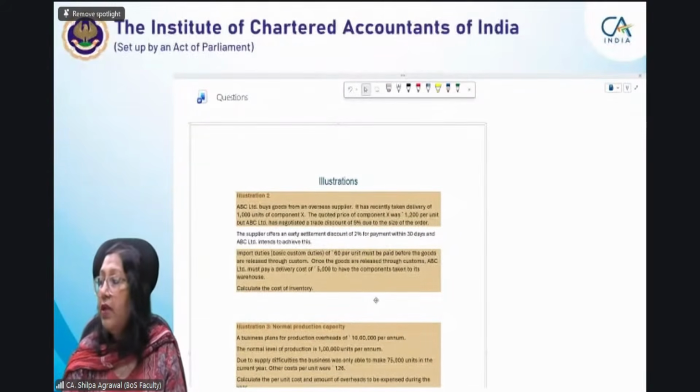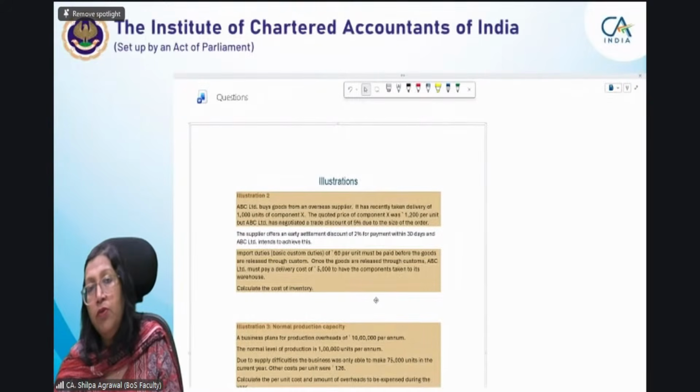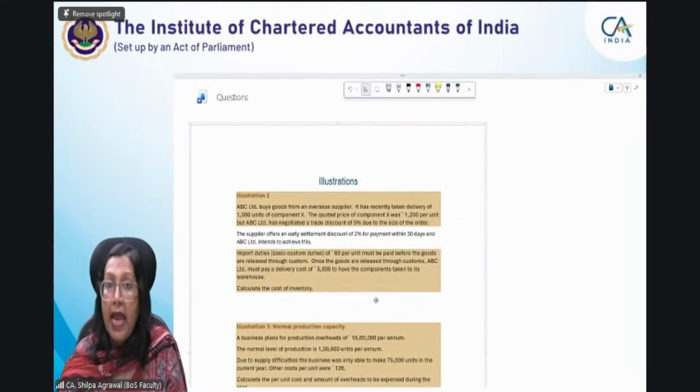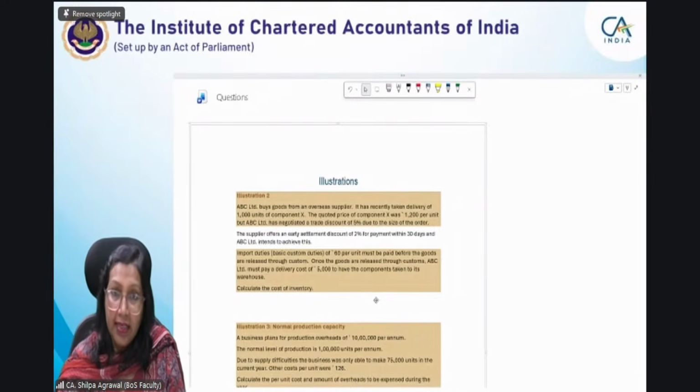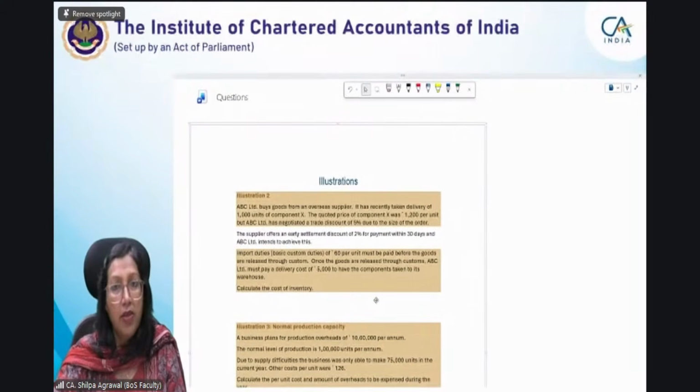Cash discount given after payment will be treated as income, and that will not form part of your inventory. That is not related to any expense which helps you to bring the asset to saleable condition. Cash discount is something which is given to recover the payment, not to recover the asset or to sell the asset. So it does not form part. It is not deducted from the cost of the inventory. It is separately shown as your income in your profit and loss account.